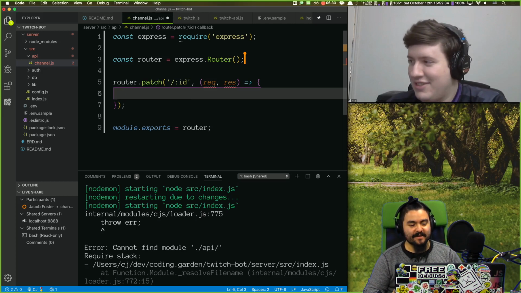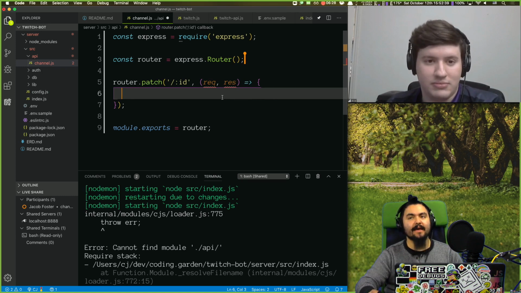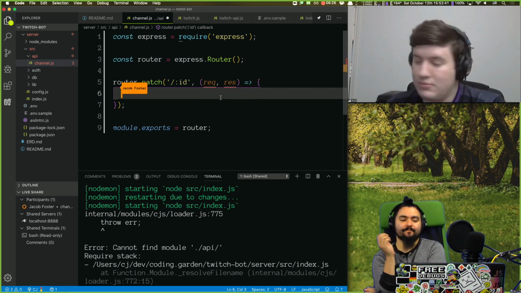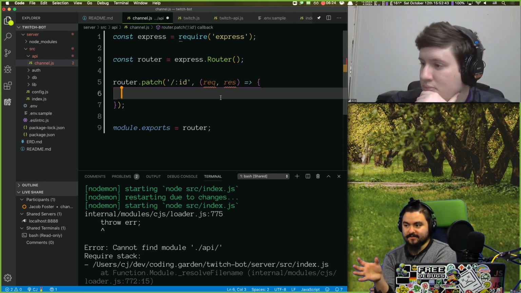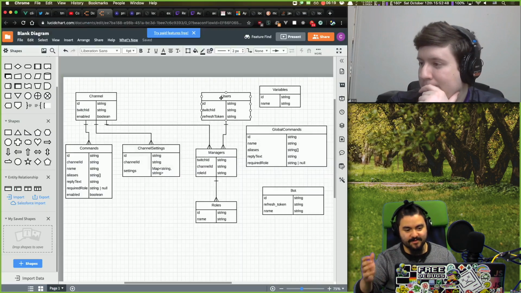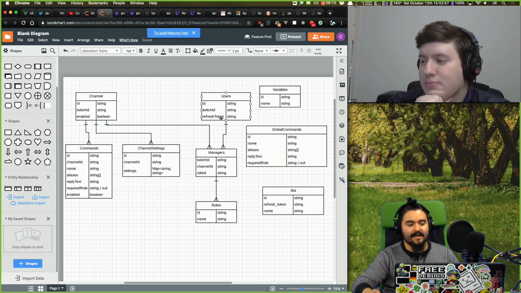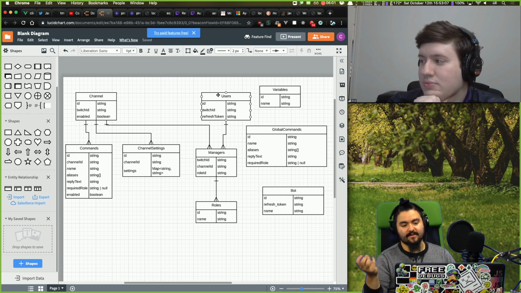So yeah, we can patch, and then we'll check the request body for an enabled property. I think the main thing is when you're enabling a given channel, you have to have the rights to modify that channel. So if we look at our database model, a user just logged in, we have the refresh token in the DB, we've inserted the channel. So what will the client need to send to this endpoint for us to validate that they are